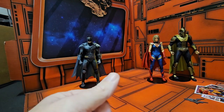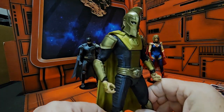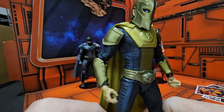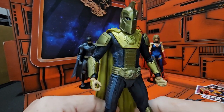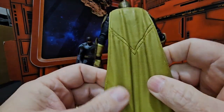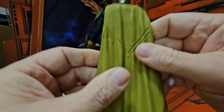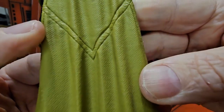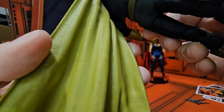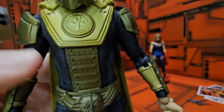So first we'll go ahead and look at Dr. Fate. Now this is a little different than some of the other Dr. Fates. I know there's 2 different versions. So as we look at Dr. Fate here, we see his cape. It is pretty stiff. It does have a little bend in it right here. But as you can see, it's got the nice material-like appearance on the inside. We look at his crest on his chest